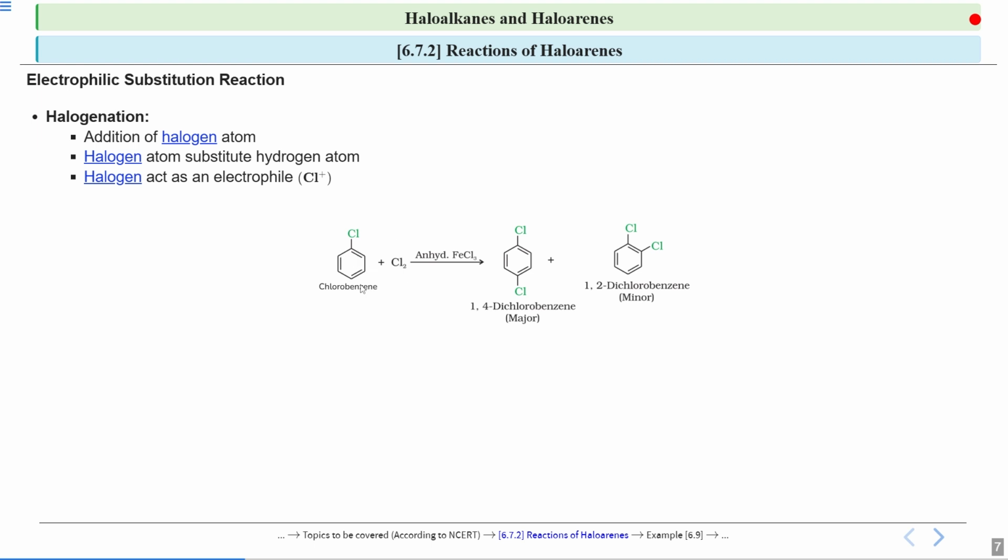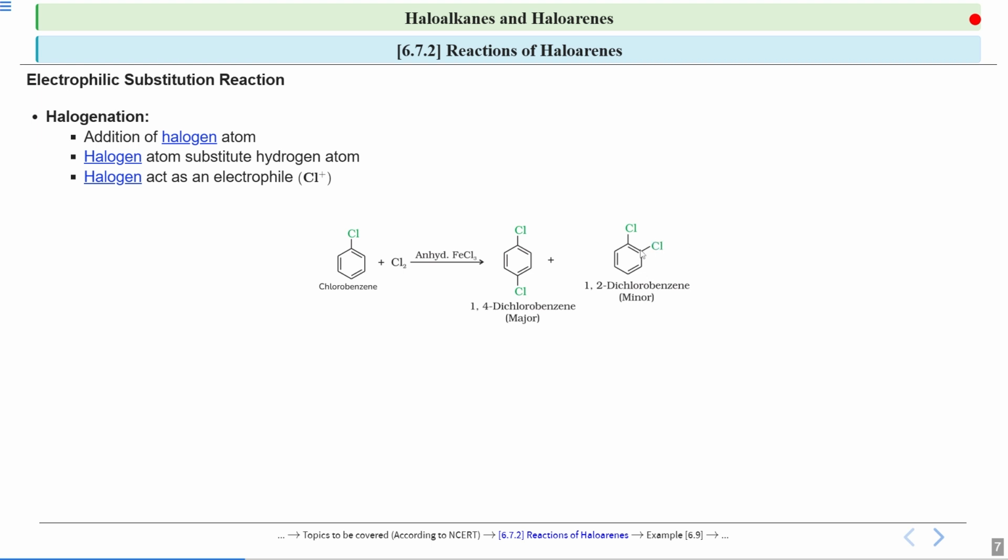This is very clear. We just have understood this, right? Due to the plus R effect, the chlorine electrophile attacks on the ortho and the para positions of this ring. So you will get a mixture of products. First product you will get when the electrophile attacks on the para position, and you will get your major product as 1,4-dichlorobenzene. Along with that, you will also get a minor product, which is 1,2-dichlorobenzene, where the electrophile attacks on